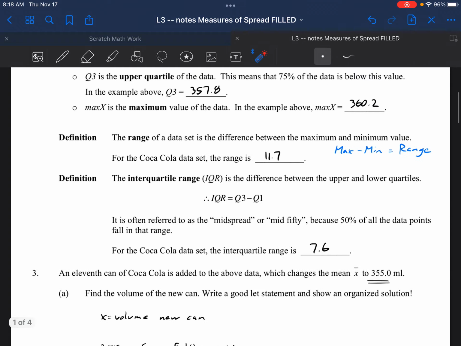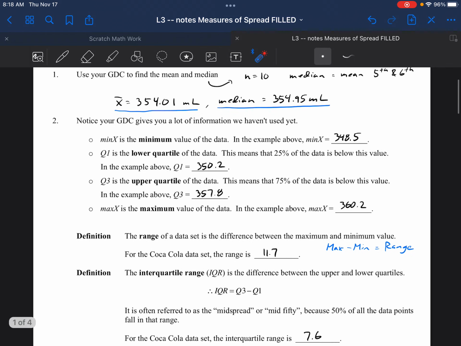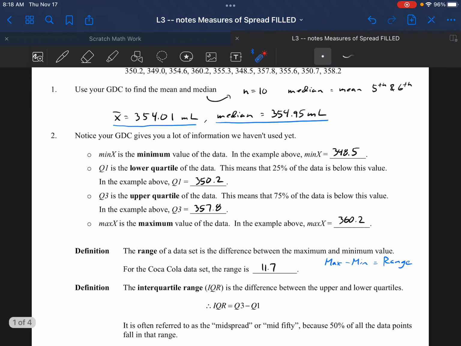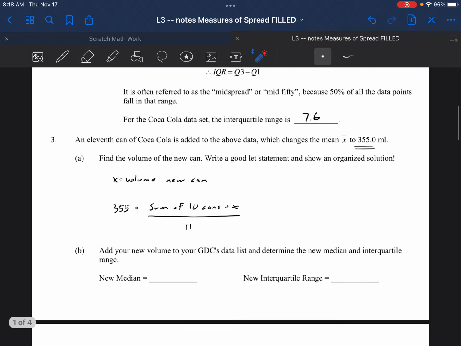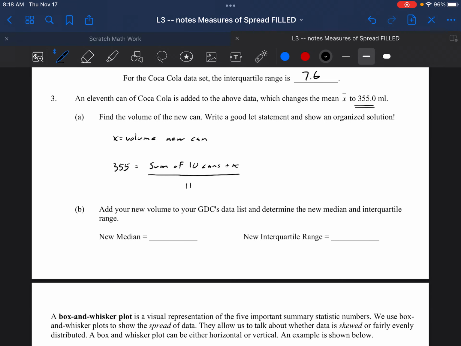And from computing the mean here, if this was the mean and there were 10 cans, we can multiply this by 10 to get the sum. So the sum of the milliliters in the first 10 cans would be 354.01 times 10, which would be 3540.1. Again, that's just the original average times 10 plus x, our new volume,